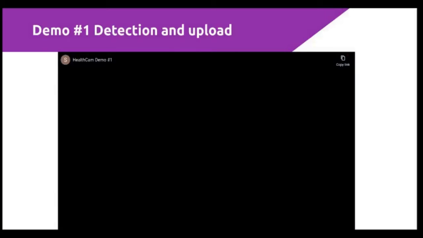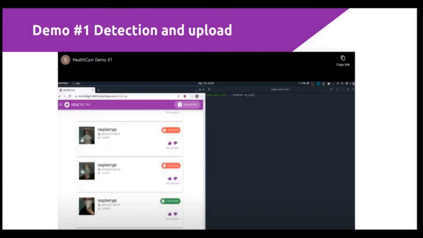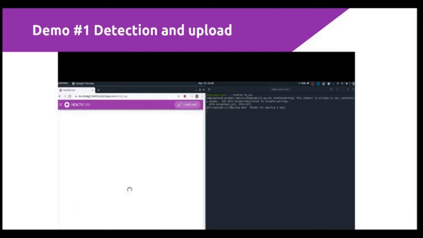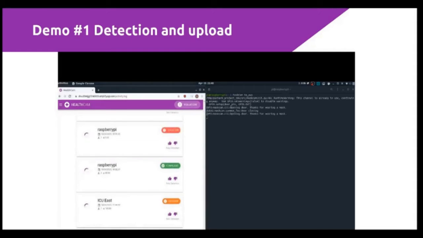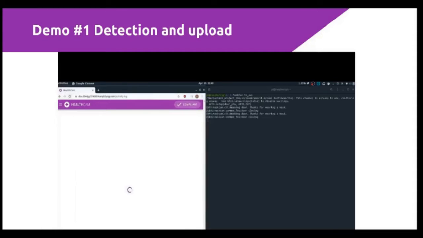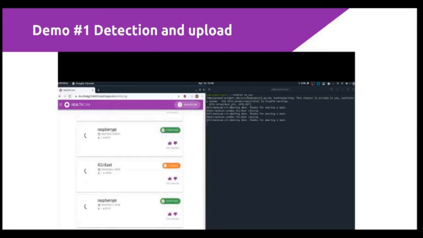So this is a demo of our detection system running. We've got a Raspberry Pi camera set up. What's happening is it's constantly scanning for pixel changes, and when it detects it, it sends it to an API Gateway where it gets processed. So we can see that it's detected that I'm wearing a mask, and when we reload this page, we see that yep, we've got a compliant mask, in this case me wearing a mask. We refresh it again just to check that it's still working, and yep, we can see that we've still got